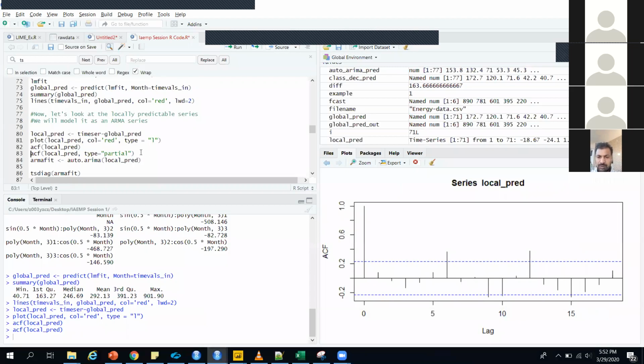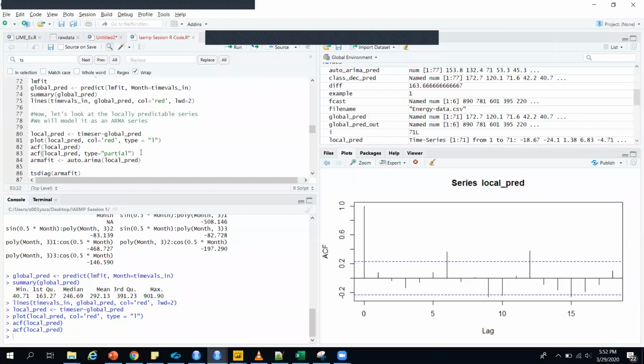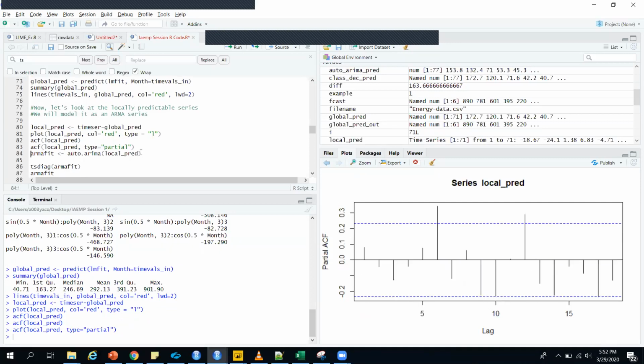Only then can I claim successfully that I have predicted a considerable amount of the local component of my data. So that is what we do. For doing that, this is the partial ACF. I want all my values to be within this particular blue line,